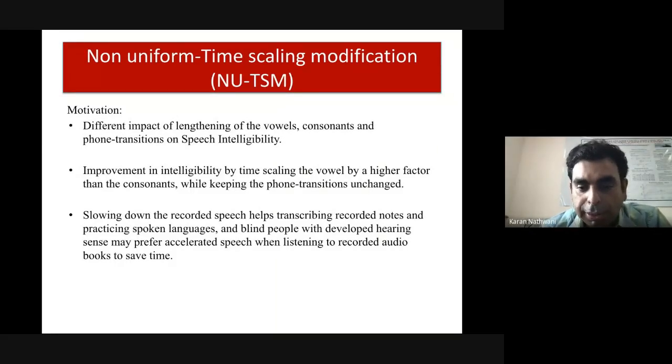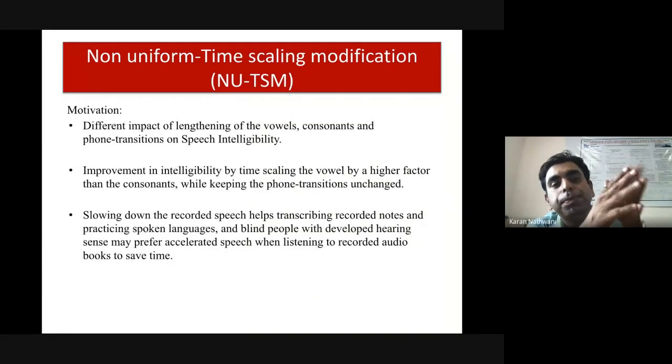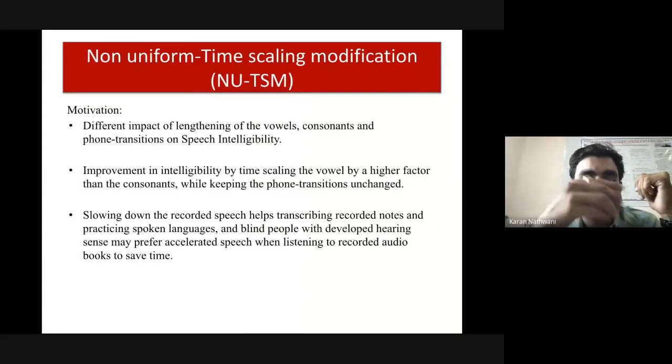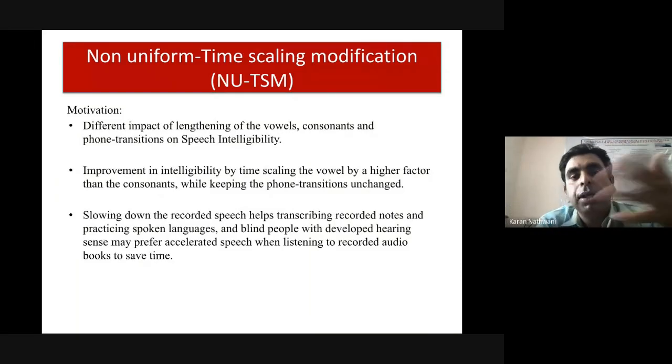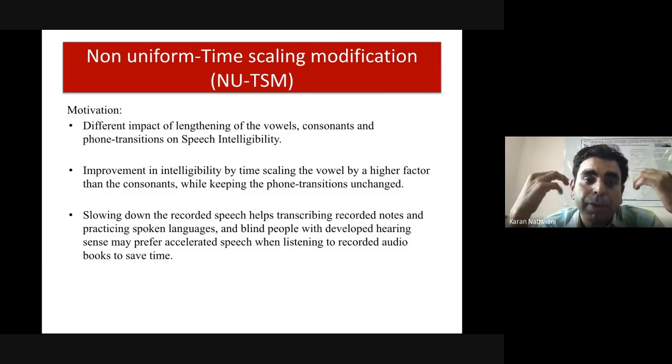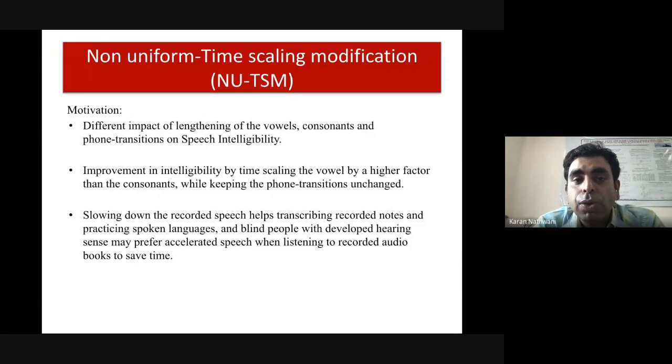So I'll start the next approach. I hope you got an idea of how effective the smoothing is. Now the next approach is the next modification. What we have proposed is non-uniform timescale modification. As I already told, when I was in France, it was difficult for me to understand what the other person was speaking, because they were speaking very fast. This is where the idea actually comes from. I realized, okay, if I ask them to speak slowly, I will be able to understand much better because I'm new to French. So this is what is being done here.